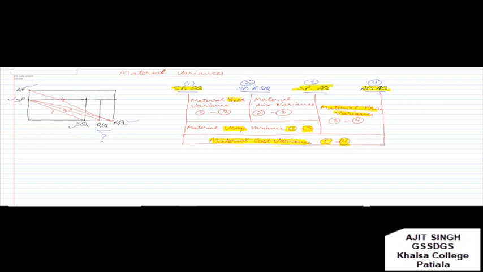Then is material yield variance. It is first minus second calculation. First calculation is standard price into standard quantity, and second calculation is standard price into revised standard quantity. And then material mix variance, it is the difference between second and third calculation, which is standard price into revised standard quantity and standard price into actual quantity. Now let us see how these revised standard quantities are to be calculated and how the numerical problem is to be solved.